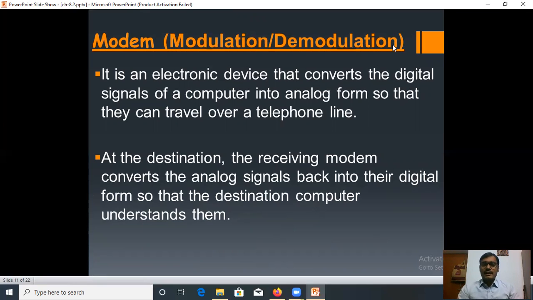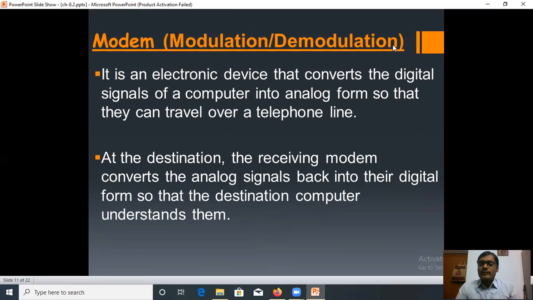You should understand the working of a modem. Modem is responsible for converting both the signals. First, it converts digital signal to analog signal. Suppose a modem is connected to your device and you are connected with the internet. The data which is in your computer is actually in the form of digital data. It can be transmitted to another computer through a modem.